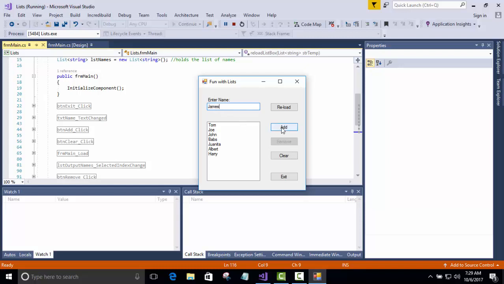Notice that the add button was toggled, remove button is not. If I click, well, let me add it first. If I click add again, I'll stick it in 2 or 3 times, and I want to delete those. I made a mistake, let's say. I see the remove button came on. If I come back up here,